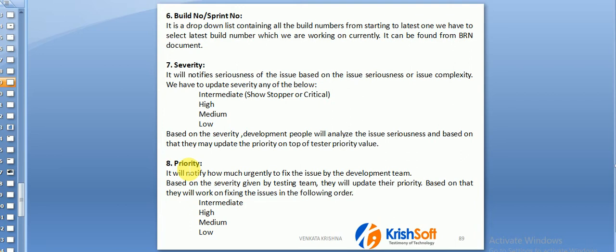But severity will be given by the testing team. Priority most of the times will be given by the development team. But while raising the bug, you need to set your own priority over there. But later on, the development team may change it according to the bugs they are having. They will give the priority to all the bugs opened with the development team. Here also 4 things will be there: intermediate, high, medium, low.